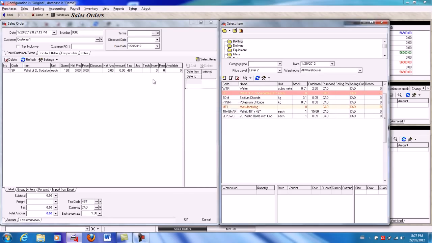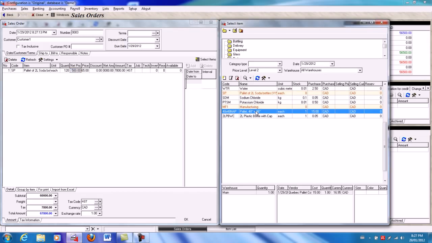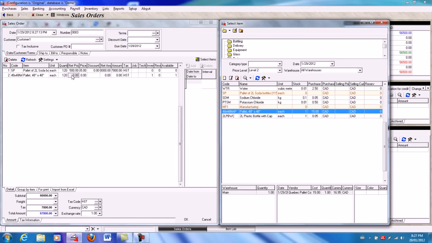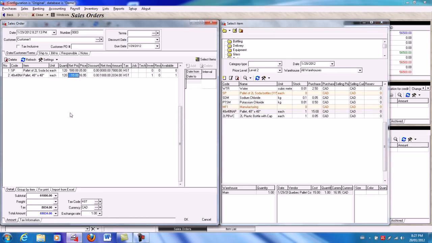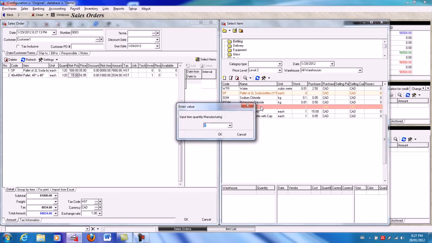Select the sales order, select the items, key in the net price of $500. And also let's add the pallets required to ship this product at 120 for a net price of $15 each. Then we need to go through the process, and let's call it manufacturing. In this process, we need to add